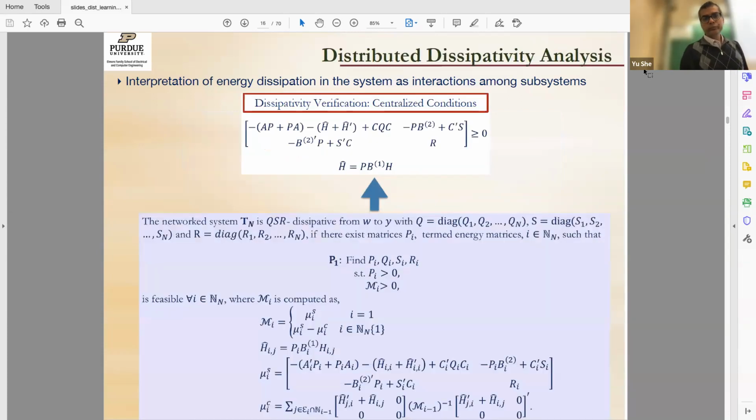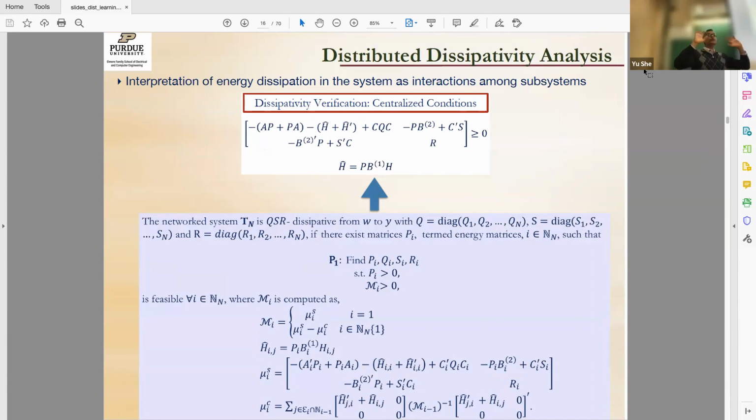So essentially, you start from a centralized relation, and this is where the linearity is helpful. If the system is nonlinear, you'll not get these LMIs, but you'll have to check for dissipativity. So if I take the entire system, I'll get an LMI of this form, which will be enough for passivity. But this is the entire system approach. This is somebody, a controller, knowing the entire system, right? This A system encodes the entire system.